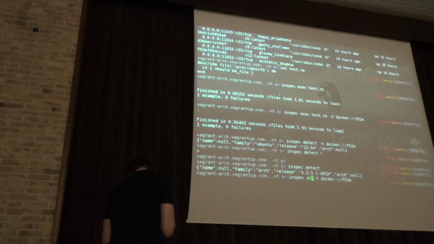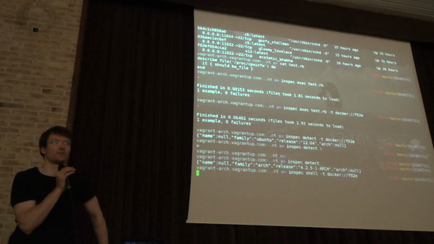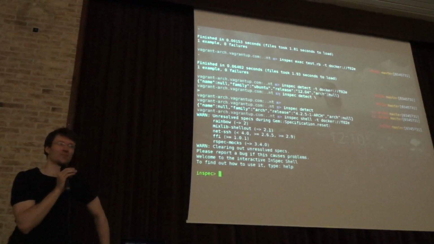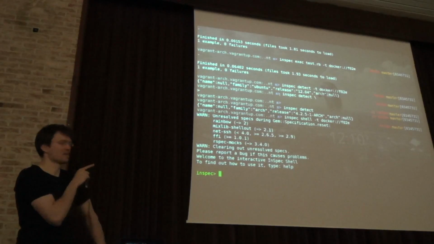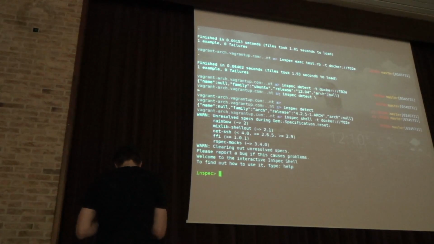So if I point this to the container, I can actually open up a shell, an interactive debugging shell. So if you've ever written tests, you're usually waiting very long for those tests to hit something. The whole cycle might take you a couple of minutes. This is the faster way if you just want to talk to a target and find out what's going on with that.